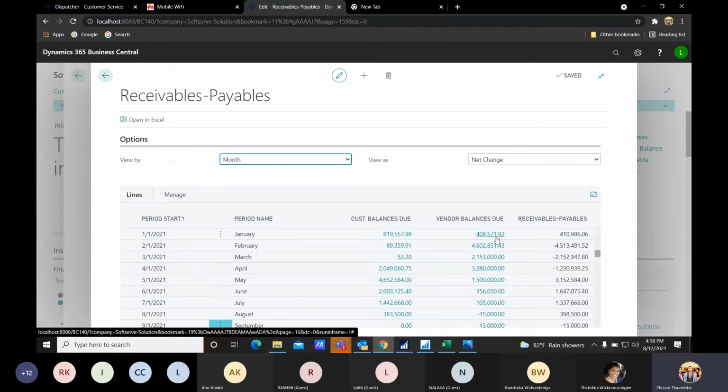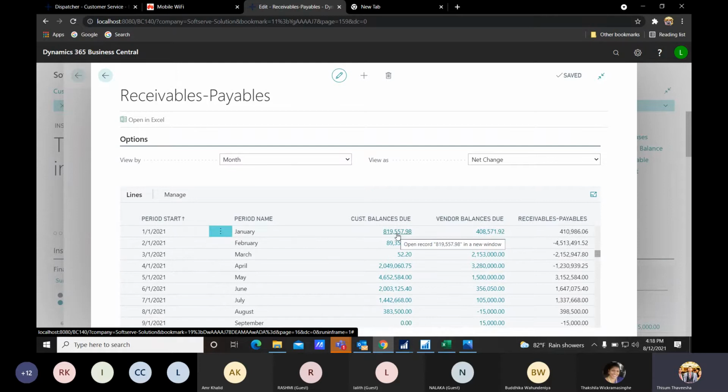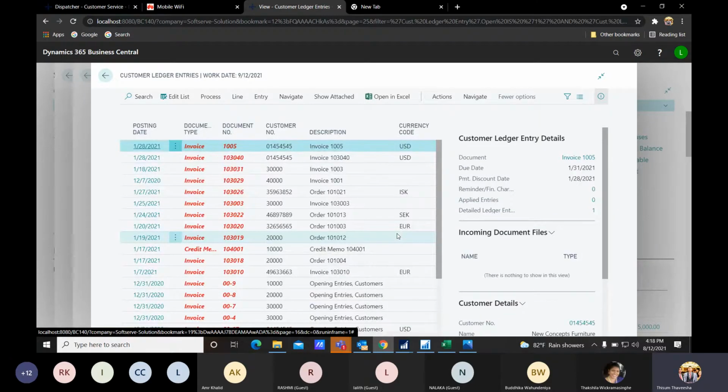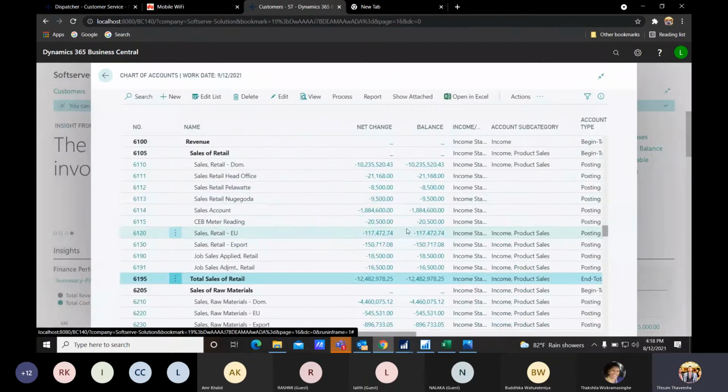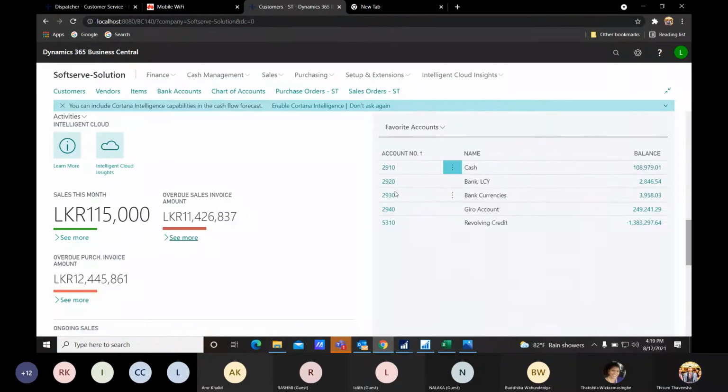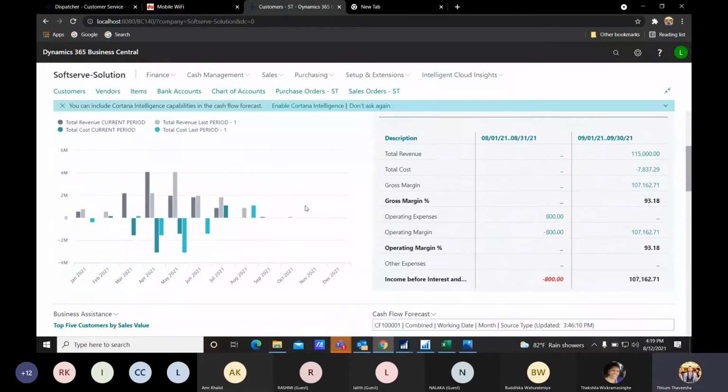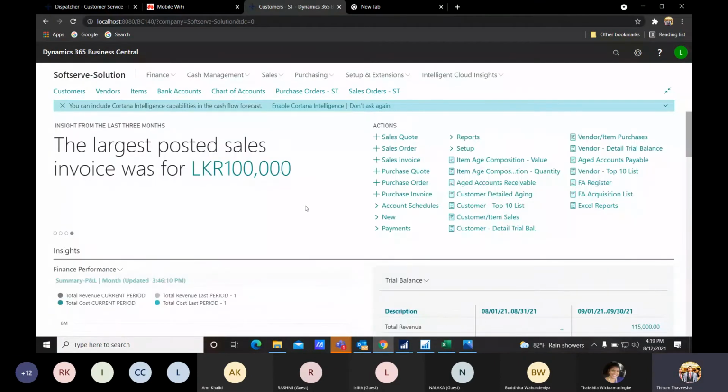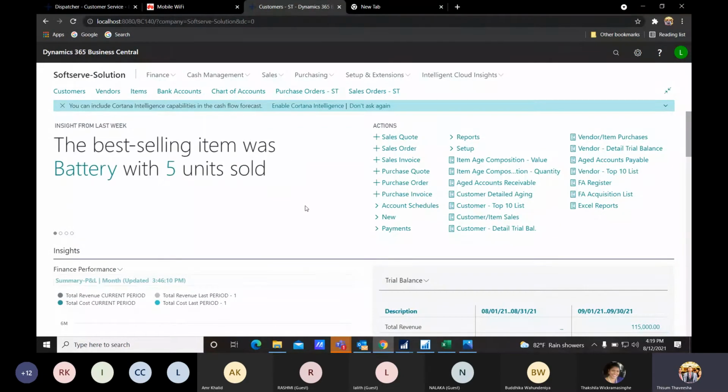Here also, as I said, we have this drill down facility where you can drill down to the invoice level, the entry level, those types of things. So this is the overview of the chart of accounts. Now let me explain the masters. There are many masters in Dynamics. Now I will explain the main three masters: item master, customer master, and vendor master.